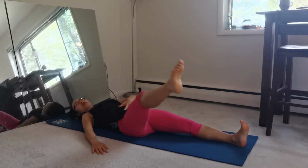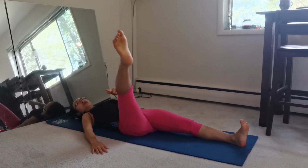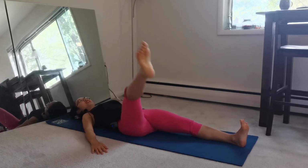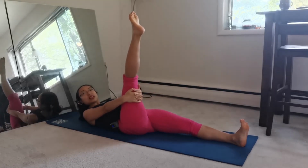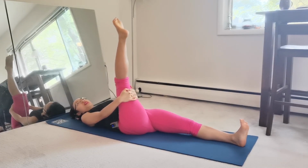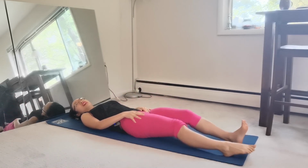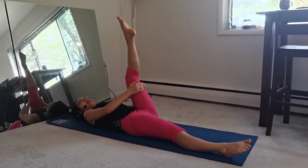So we want to make it catch up at the top. Catch. So you're using the lower belly to catch the leg. Circle round and up. Swing in the circle round and up. And swing and around and up. One more. And around and up, and pause. Take your hands around your thighs and gently pull the leg in. Okay, now bend the knee and place that foot down, and the other leg comes in, and extend the leg up